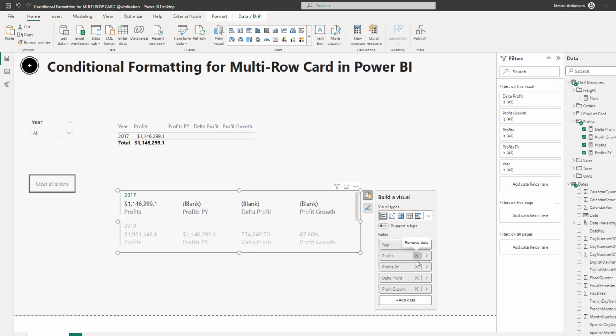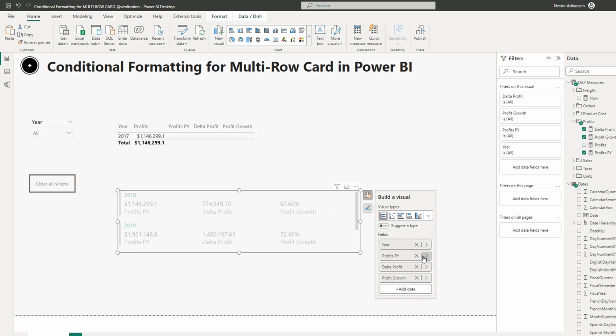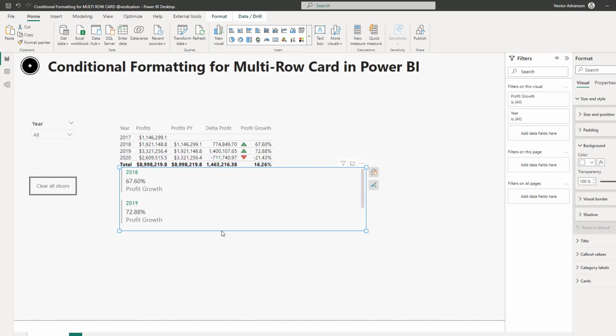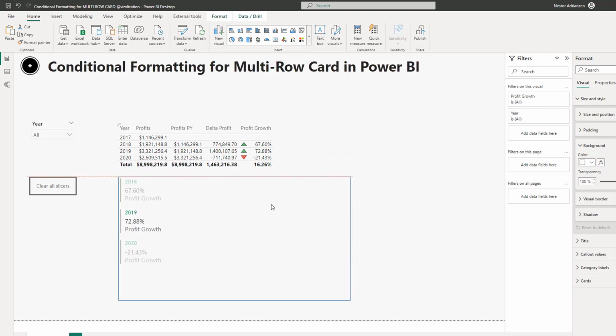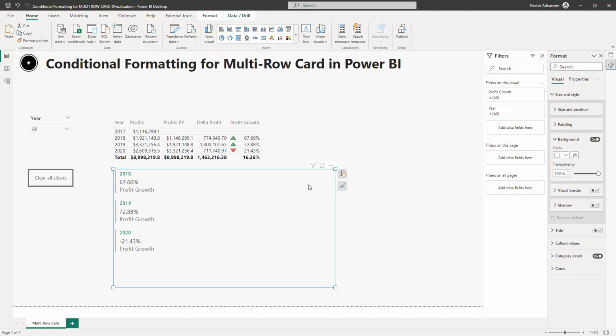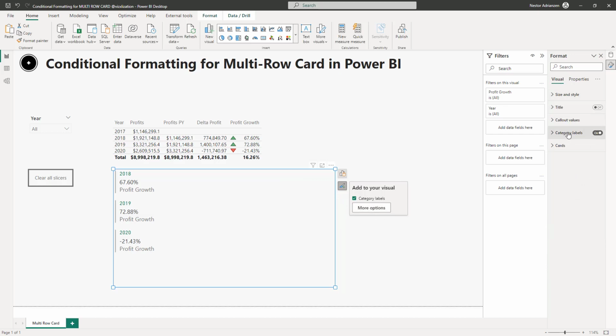So let's delete this for now. Perfect. So let's make a couple of adjustments here as well. So let's see what's going on here. We can also remove labels if we want. More options here. Let's go over here, labels off.